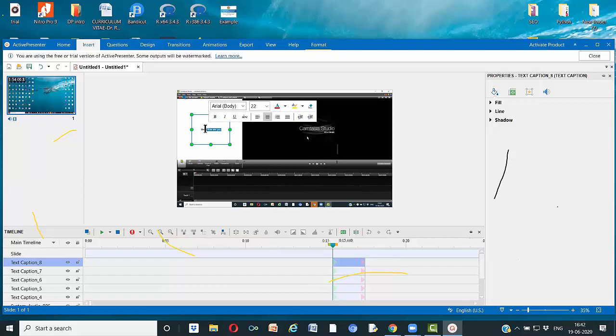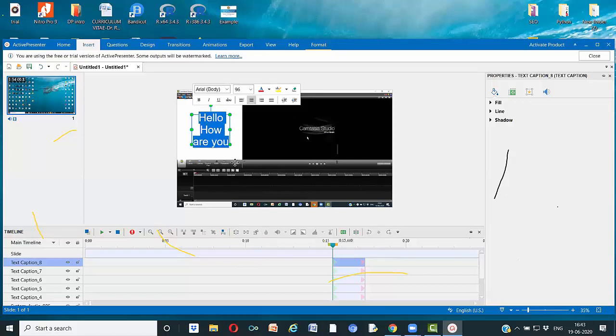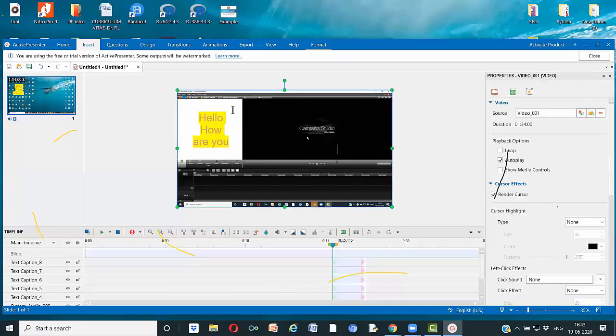I can select this. As soon as I select this, the pop-up window came, and I can resize my font, say 60, 90. I can select the font color. I can highlight or whatever. I can do all these options, whatever is possible.